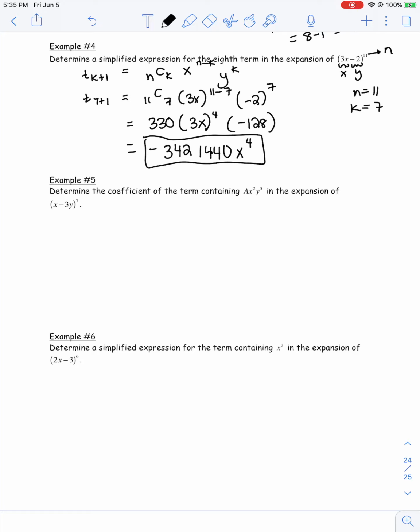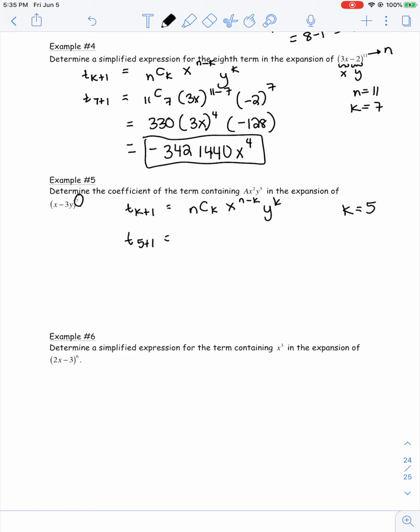ax squared y5 in the expansion of (x - 3y)^7. So we want to determine the coefficient. So again, we're going to use the previous formula. What we can see is they're giving us some little hints, because we know that our k value is 5 just from this. So k is 5 because, as you can see, y to the power of 5 corresponds to y to the power of k. So k is 5. Now we can say term 5 plus 1